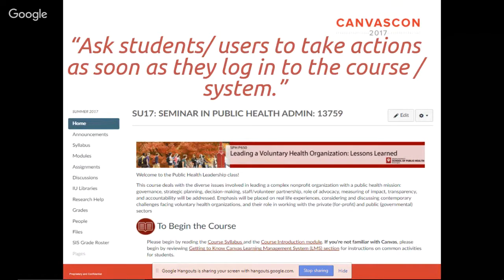so we don't leave that homepage area. That's basically an example of one of the courses that I designed that tells the student, welcome, to begin the course, here are the things that you need to do. Another example I've seen in another presentation, actually at CanvasCon at IUPUI, is an informatics faculty member. What he does is change the homepage on a weekly basis. So every week when students log into the course, they will see only the page that is relevant